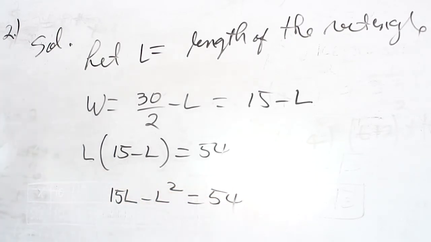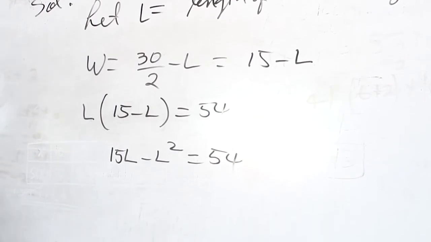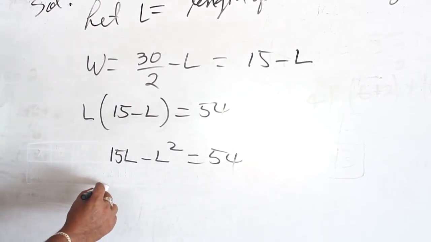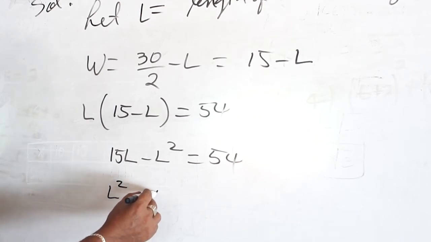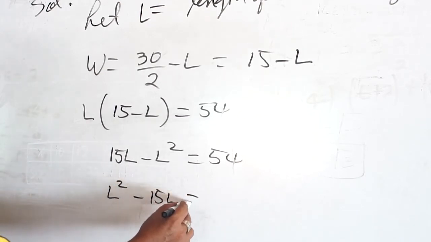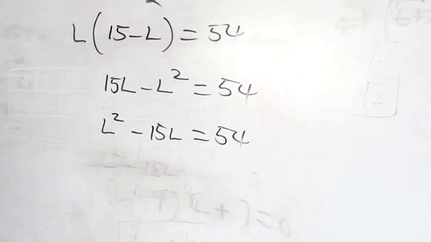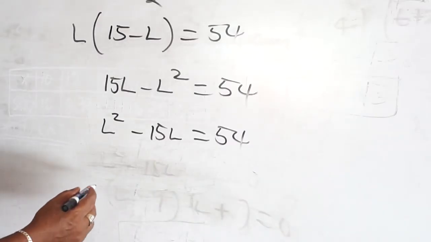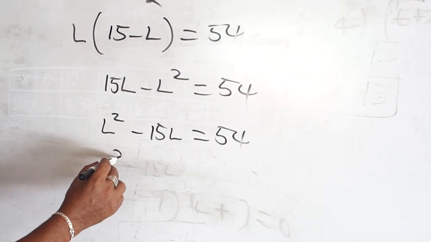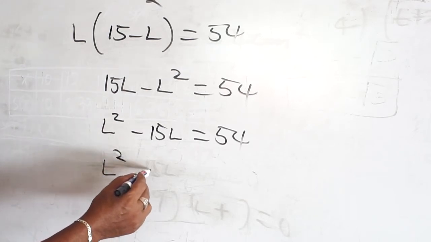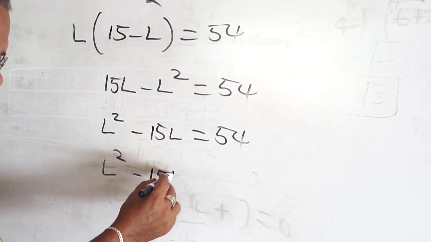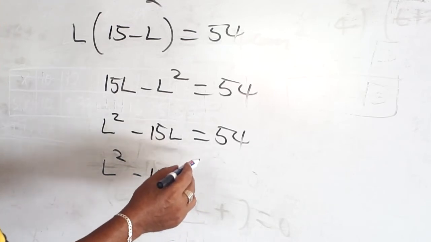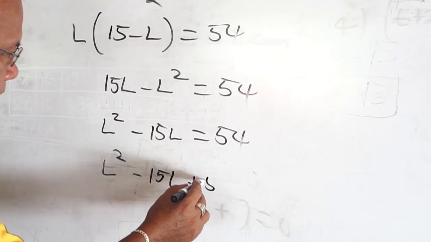Then arrange: L squared minus 15L equals negative 54. Write it in the standard form of a quadratic equation: L squared minus 15L plus 54